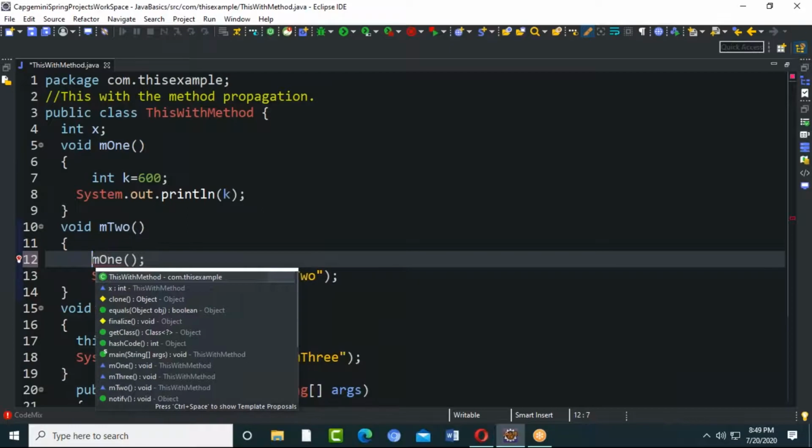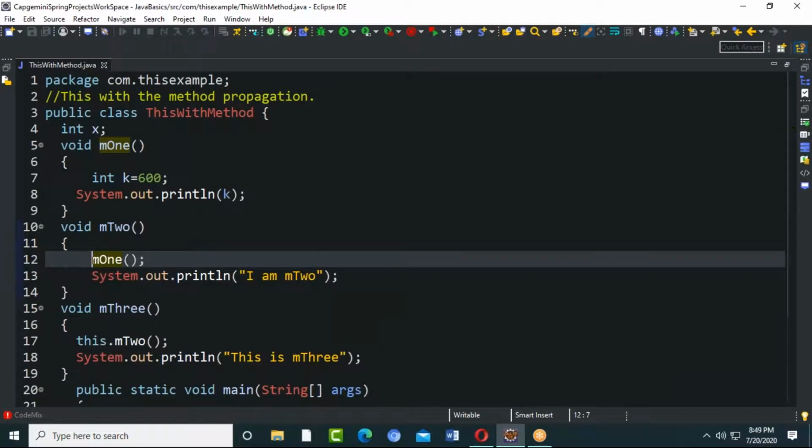I mean that the Java vendors designed it in such a way that if they are in the same class, the method can access other method without using this keyword. If you're using this keyword, that's not a problem, but you don't need to use it. It is available by default. If it is in another class, we have to access it with the class name if the method is static. Otherwise, I have to create an object of that class and access it. Okay. You're getting me, Gayatri?